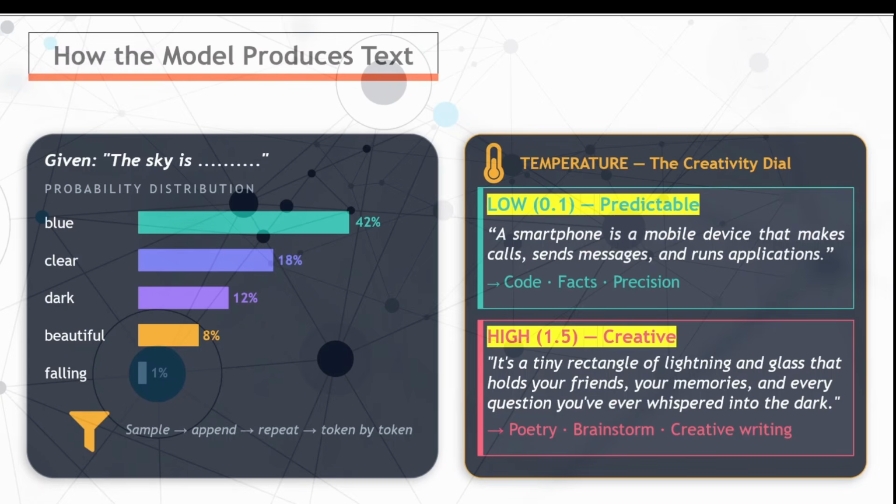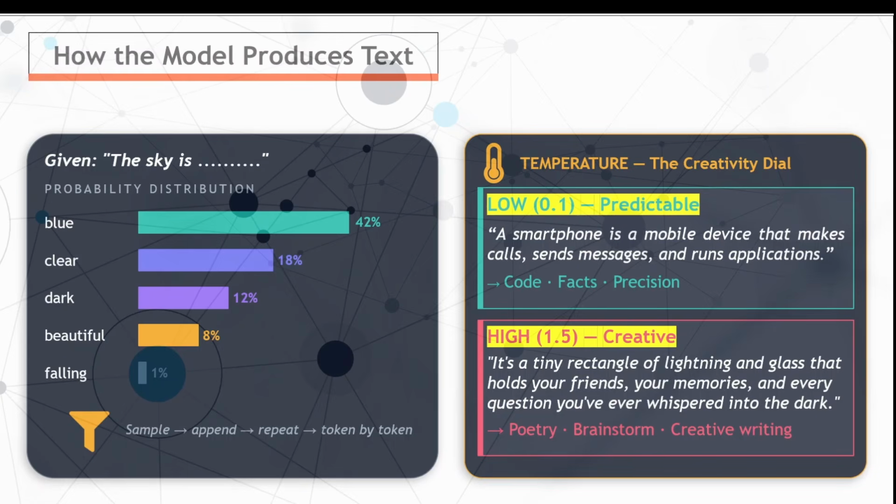That's how the response is built, token by token, word by word, each influenced by everything that came before it. What is temperature? Temperature is a number between 0 and 2 that you set either by using the platform or sometimes directly if you are using the models through an API, that is application programming interface.